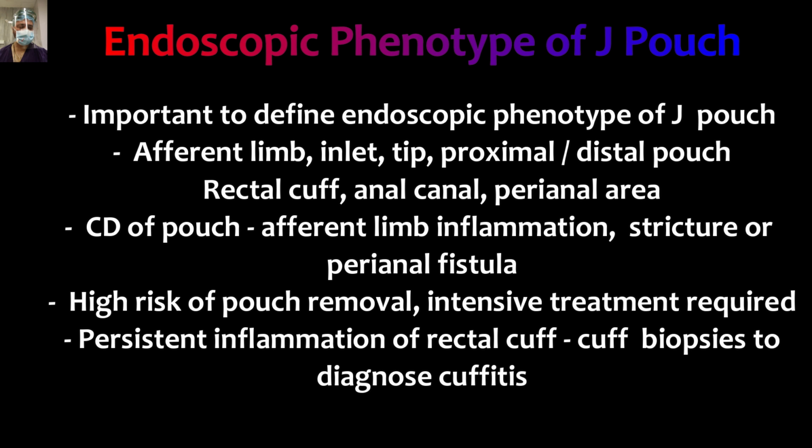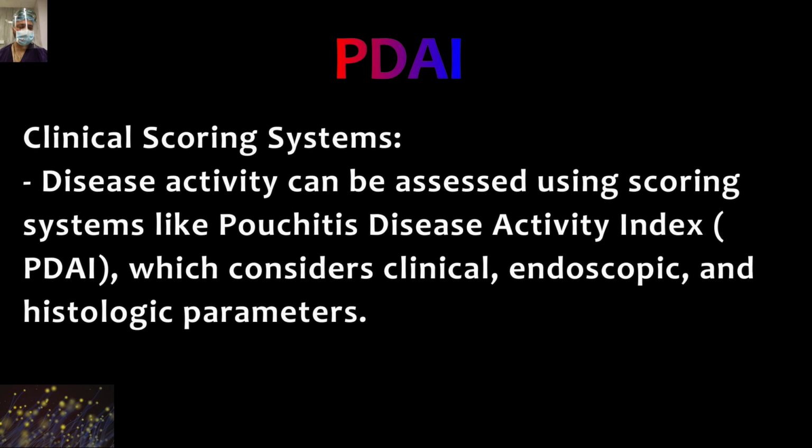excision. Like in any inflammatory condition of IBD like ulcerative colitis or CD or other things, we have different scoring systems. We have this scoring system for the pouch disease activity index also, and it is based upon different criteria like clinical, endoscopic, and histological parameters. So it is basically objective criteria to define the severity, so it will avoid any difference between the